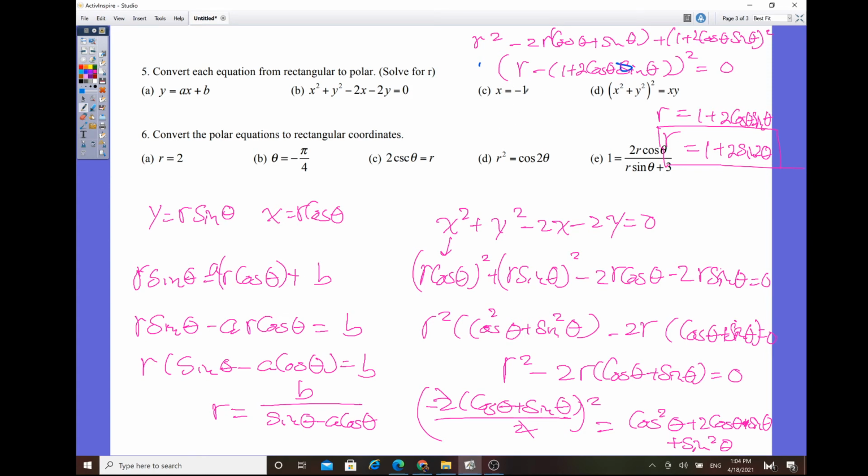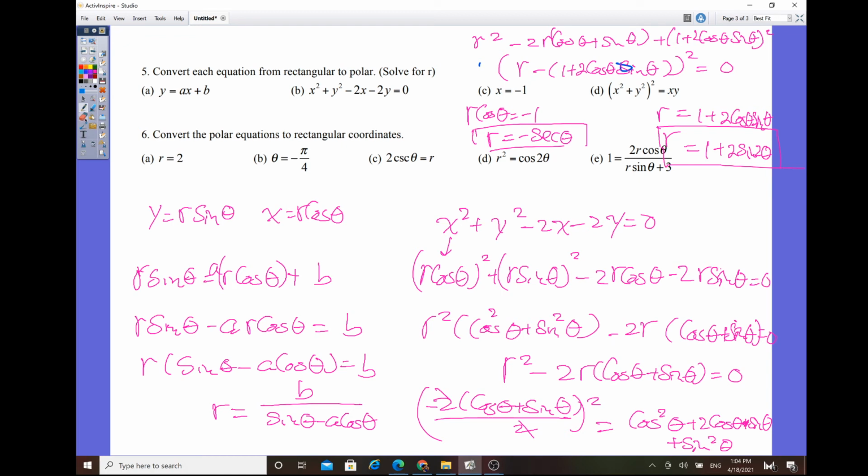And then what about for x here? So this one is just like r cosine theta equals negative 1. So in other words, it's like r equals negative 1 over cosine of theta. So negative secant of theta. And then this one, using the structure for d,